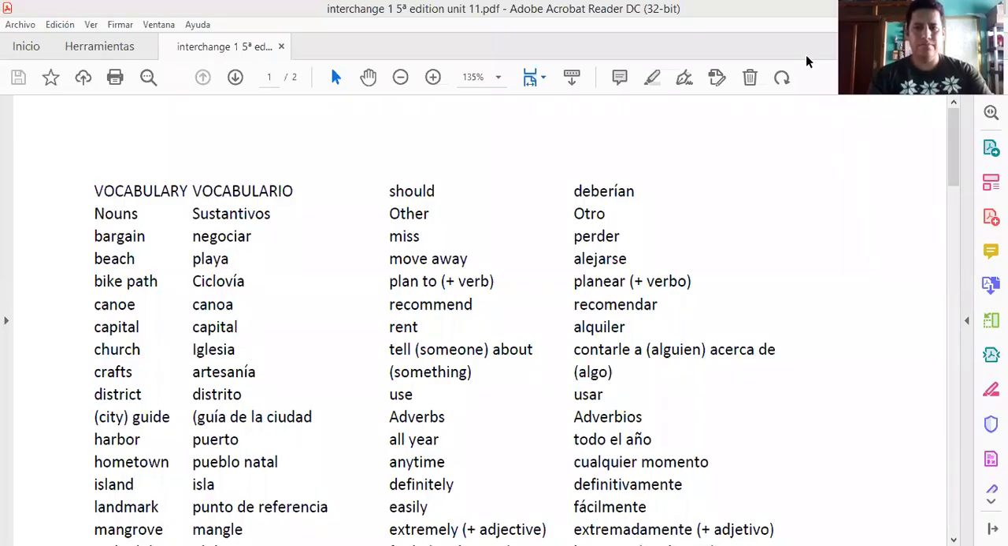Okay, vocabulary: should, nouns, other, bargain, miss, beach, mobile way, buy, pack, plan to plus verb, canoe, recommend, capital, brand, church, tell someone about, craft, something, district, use, city guide, adverbs, harbor, all year, anytime, island, definitely,